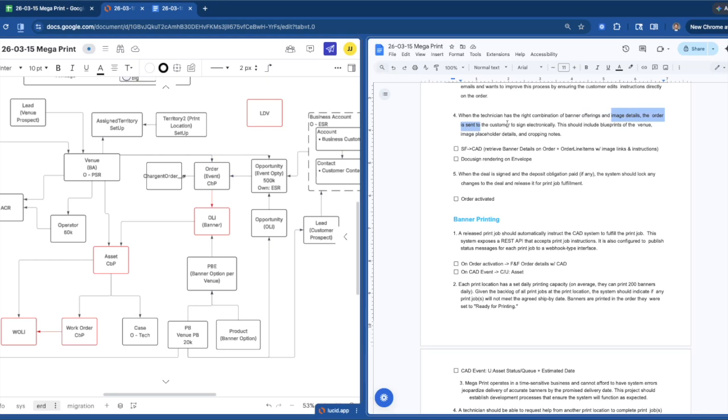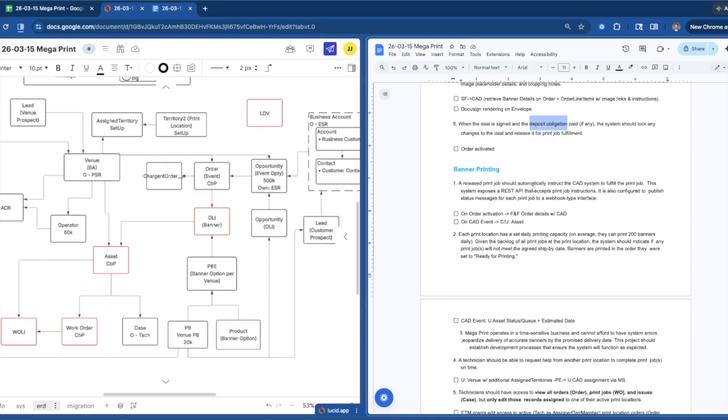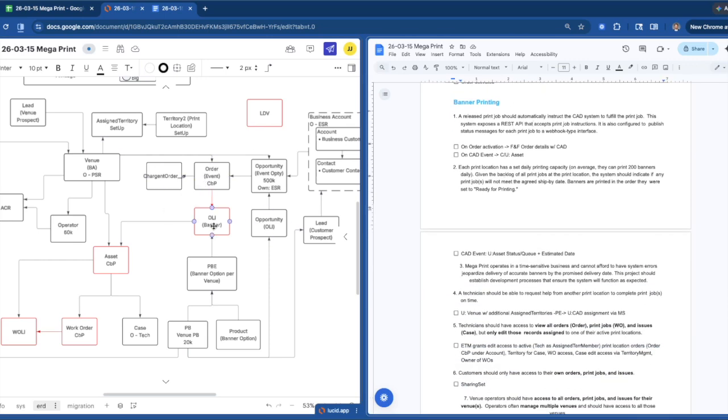Once it's been DocuSigned by the customer, then the order will be activated, and that includes the deposit paid if it is the deposit, the payment logic that I mentioned earlier. When the order is then activated, we'll have a fire and forget patterned integration that will communicate the order details with the CAD system. The CAD will then